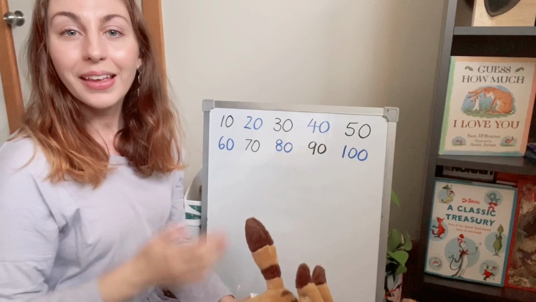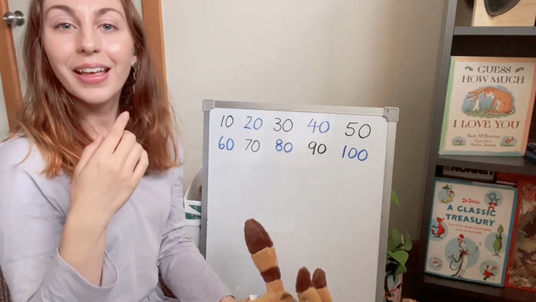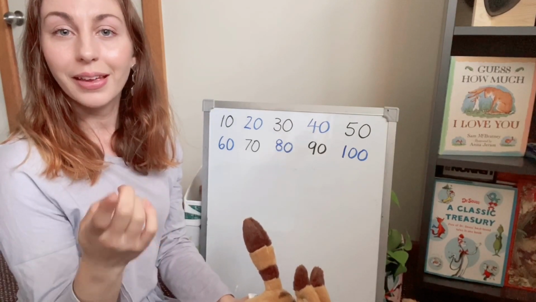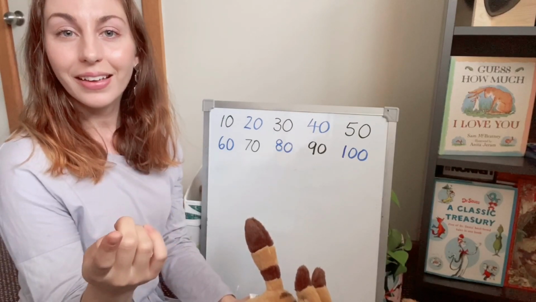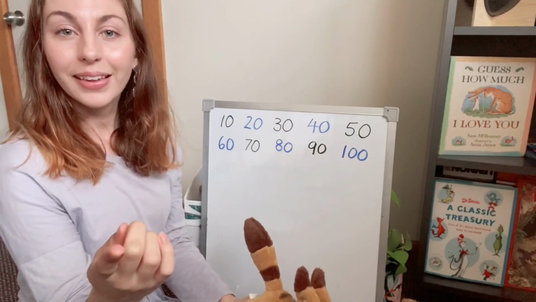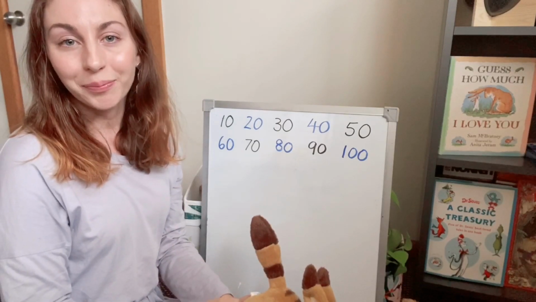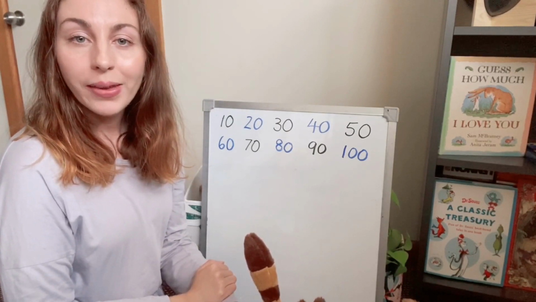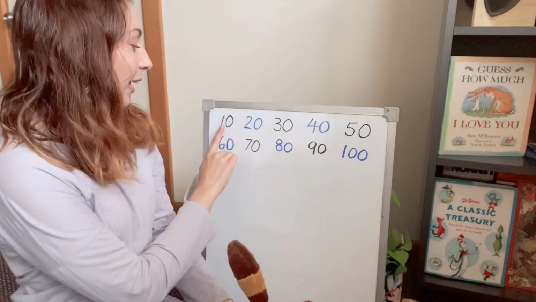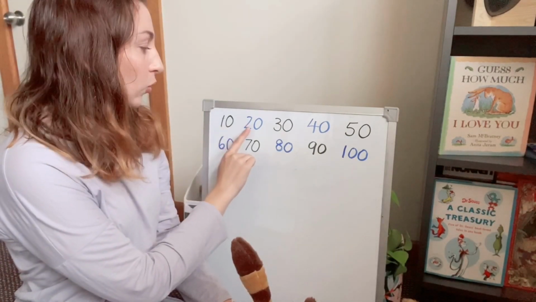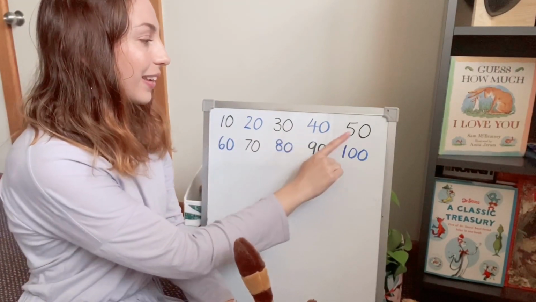Are you ready? 10, 30, 50, 70, 90. Fantastic, well done. You might have noticed that when we're counting by tens, it goes 10, 20, 30, 40, 50,